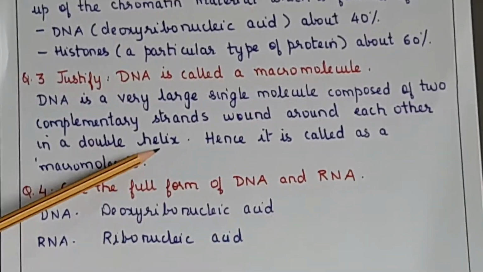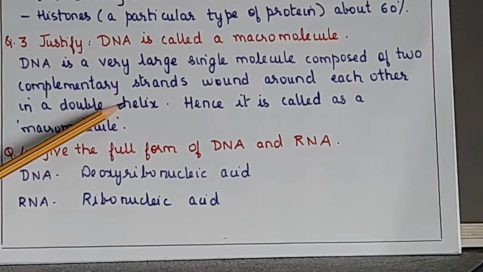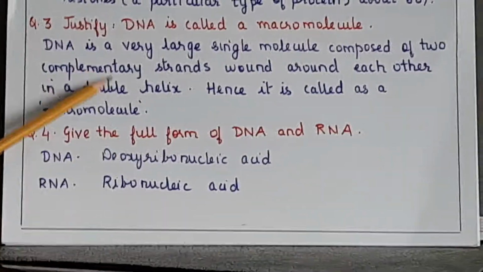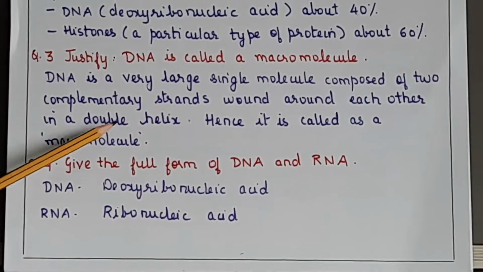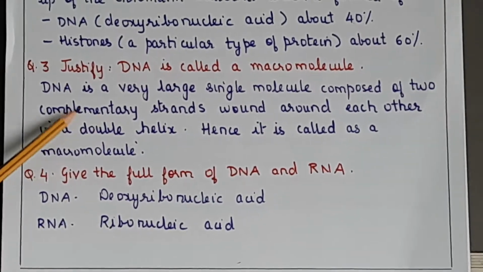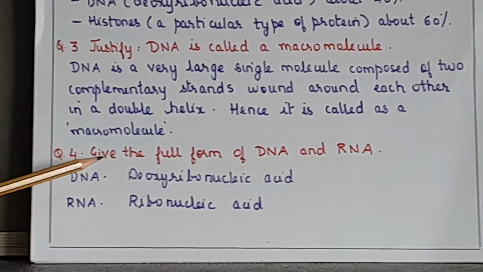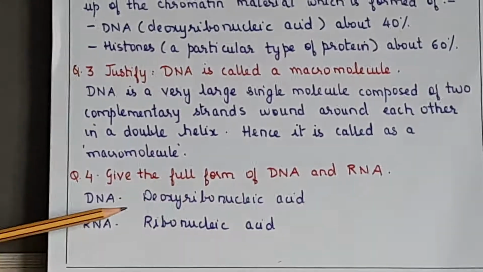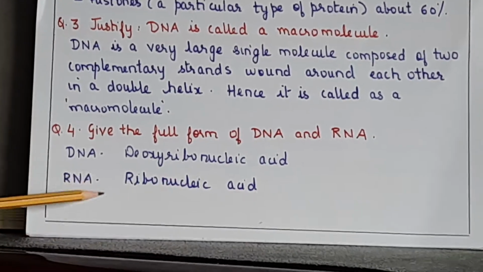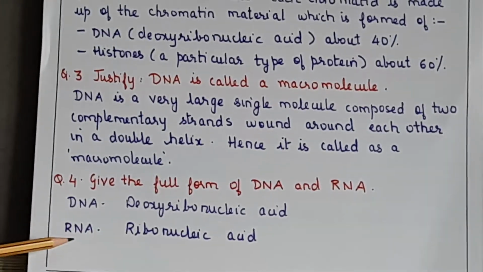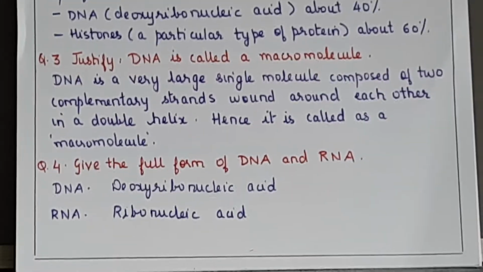Now this double helix structure was studied by Watson and Crick, for which they were given the Nobel Prize. And Rosalind Franklin also contributed to discovering this. They were all awarded the Nobel Prize for discovering the DNA model. It is also called Watson and Crick's DNA model. And just extra information: then give the full form of DNA and RNA. DNA is deoxyribonucleic acid and RNA is ribonucleic acid. RNA is mainly related to protein synthesis, but generally they ask for the full form. Now we'll have a look at the next part.